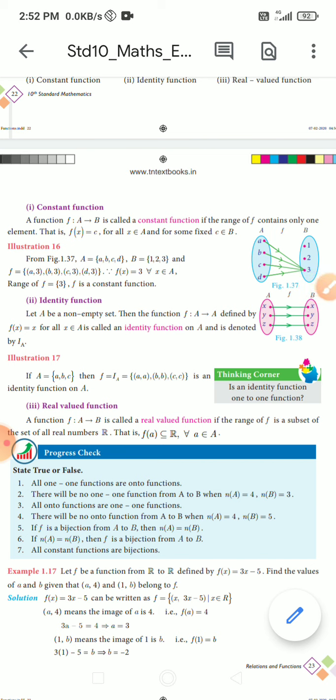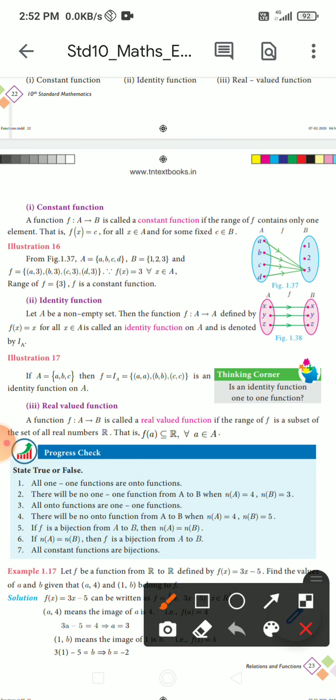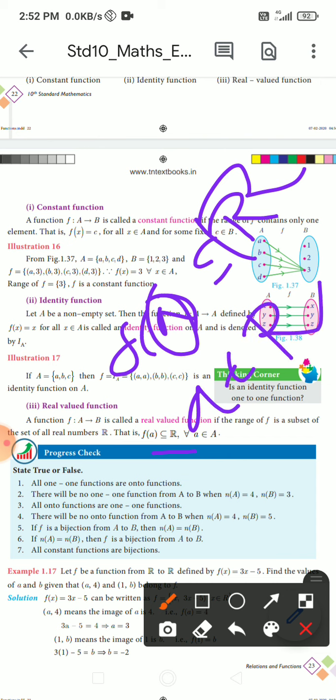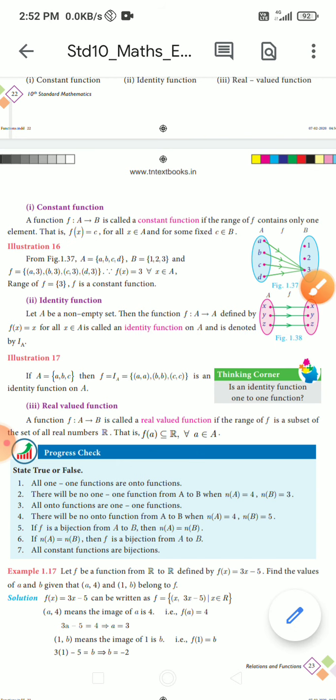That is, f(a) is a subset of the set of real numbers for every a belonging to the domain set, capital A, not to the range.